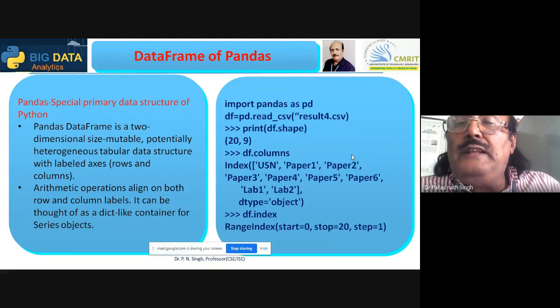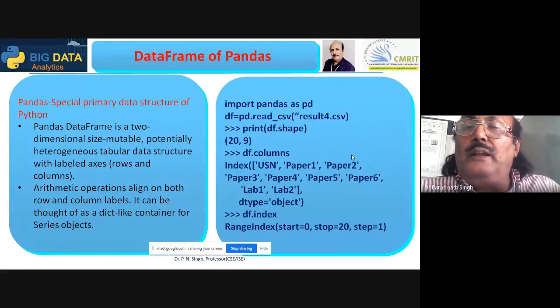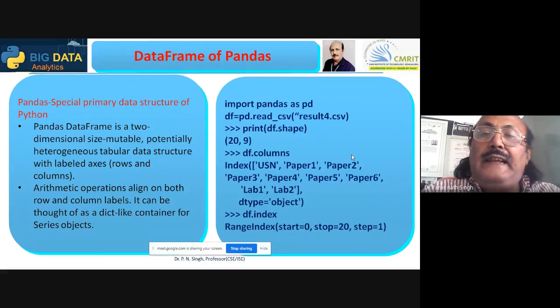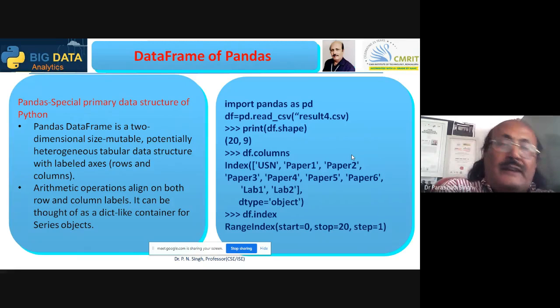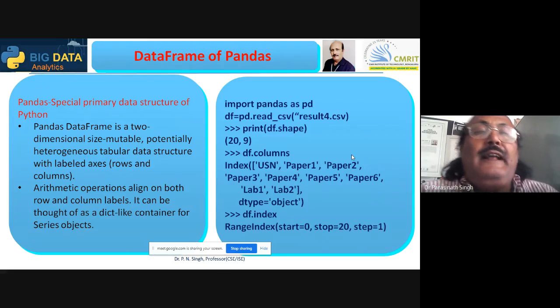Here it comes with labeled axes, rows and columns. Arithmetic operations align on both row and column labels. It can be thought of as a dictionary-like container for series objects. I repeat, a dictionary-like container for series objects. So all the column data or specific row data can be treated as series.